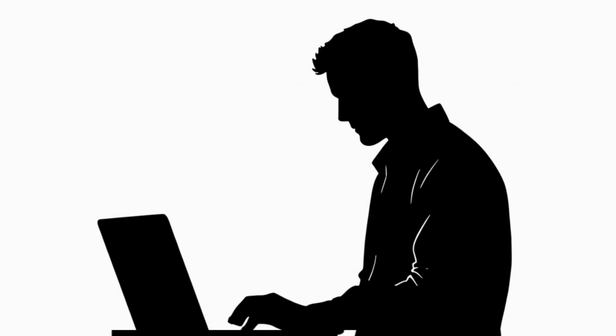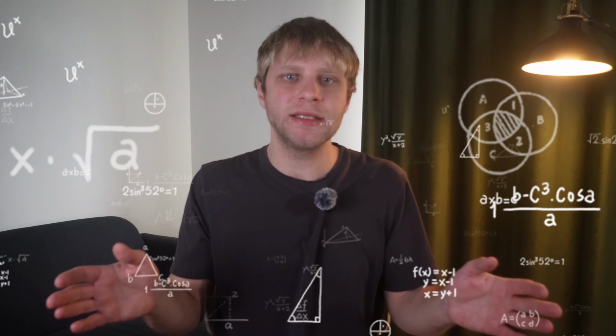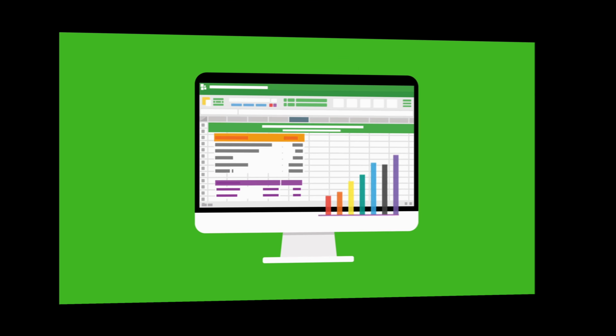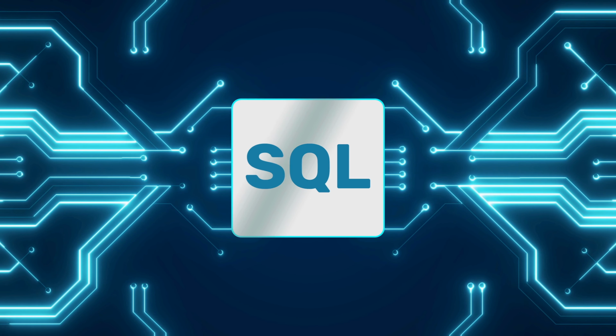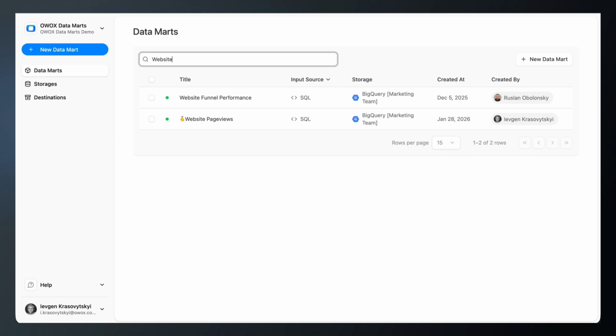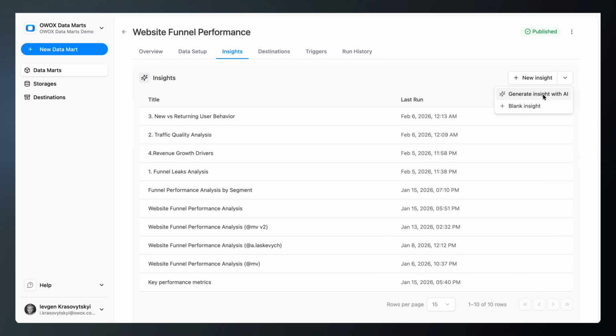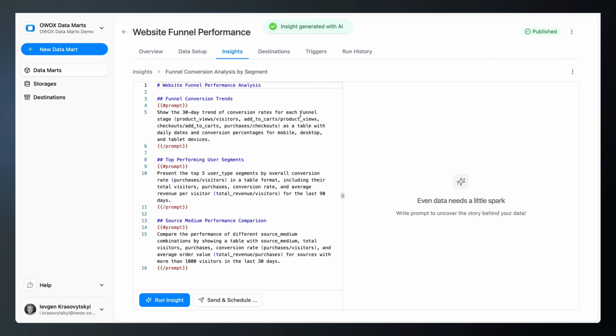All you have to do is just connect your data by creating a Data Mart, and this doesn't necessarily have to be advertising or connector data. It can be any data. Your existing warehouse table, custom SQL query, view, table pattern like events table from the GA4 BigQuery export, or our connector. Whatever data you have, just open an existing Data Mart, click Insights, use our assistant to generate the prompt,